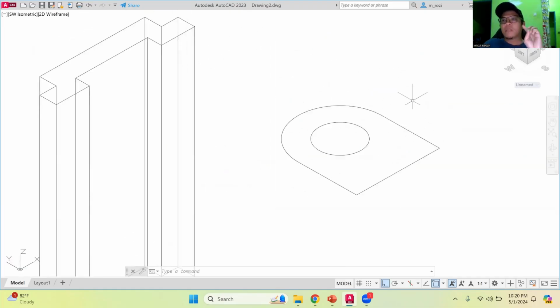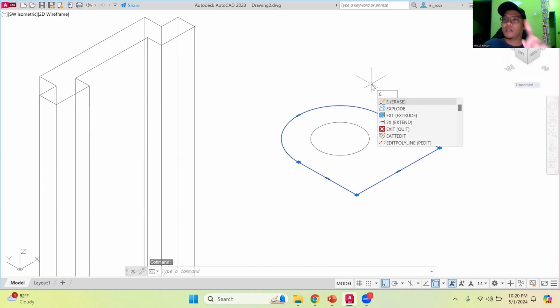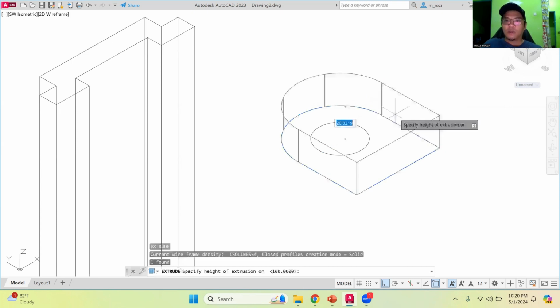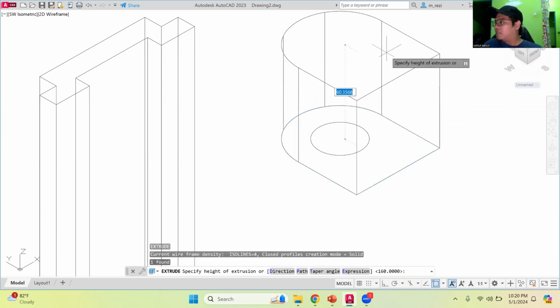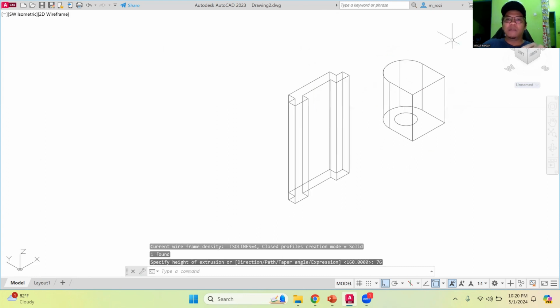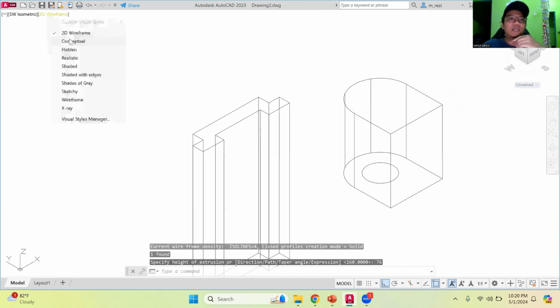Now in this case, what happened if you select extrude, right? You have to remember my object has a hole. This become a hole. Now, if you select object and you extrude, for example, click here. And let's say I choose one, extrude. Then I extrude by 76, if I'm not mistaken. Yep, 76. Now, what happened here is you only create